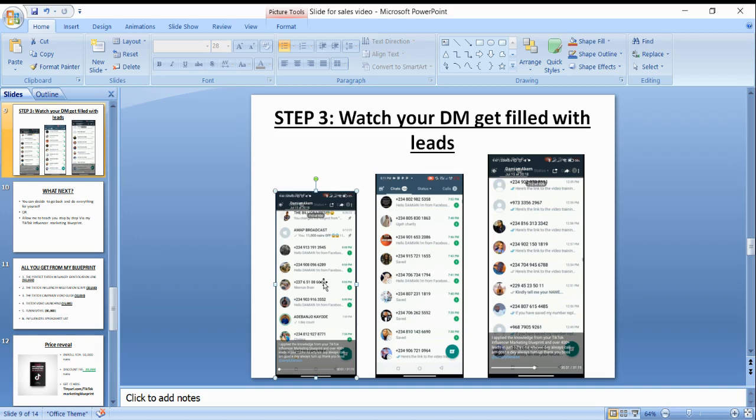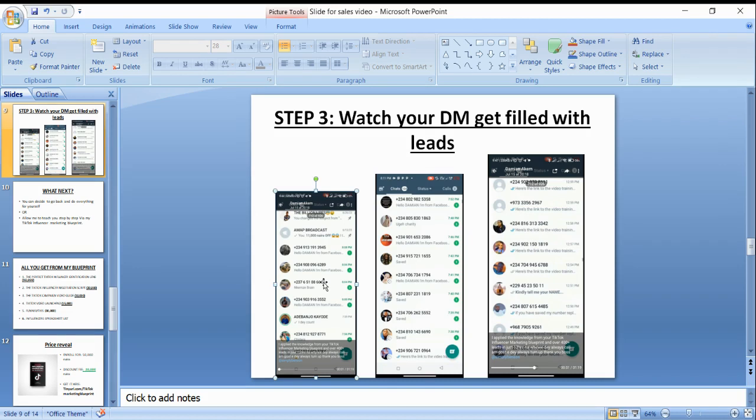Step three is just for you to have your funnel. If you are using a WhatsApp funnel, fine. If you are using an email marketing funnel, that is fine as well. It doesn't matter. But have a funnel, have a way to close them, get them to save your number, send a lead magnet to them. Your lead magnet is going to be what you will use to attract them to your funnel in the first place.